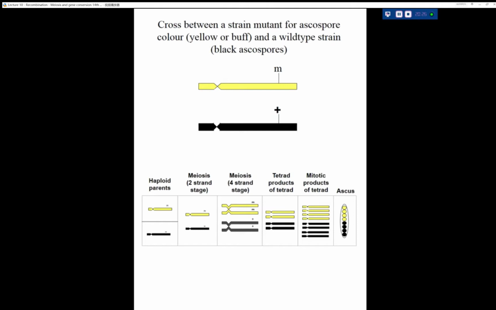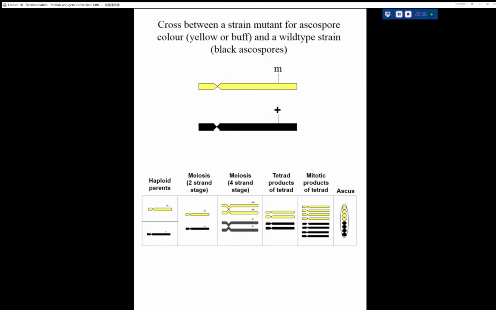when you mate one of these mutants with a wild type: the ascus produced will have 4 yellow ascospores and 4 black ascospores. Okay, that's the situation if no homologous recombination takes place. Homologous recombination, if you remember, can shuffle these things and cause crossing over. So this is the scenario, and I say very nicely, the products of that meiosis plus the mitosis,